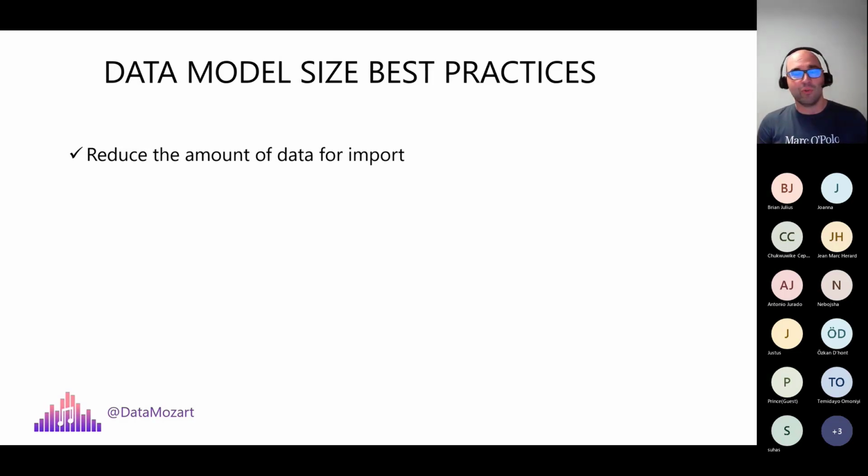That means first of all, remove unnecessary columns. Also, when you're talking about removing unnecessary rows, I'll give you a very common example. If your users need to analyze data from last 2 years, then there is no need to import the data from last 5 years. Just import what is needed in the report. The next one,